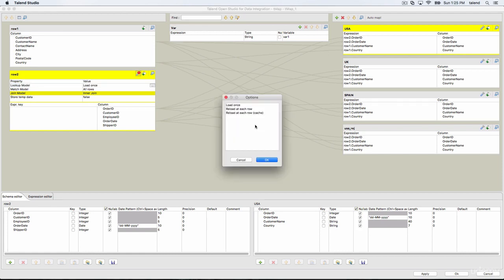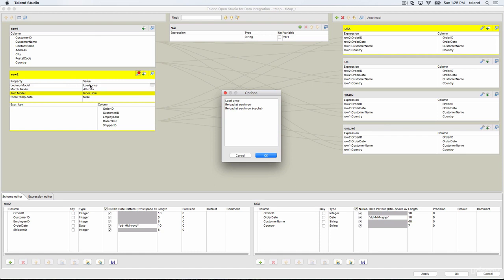There are 3 different modes to handle lookup loading: load once mode, reload at each row, and reload at each row cache. Let's see what each of these options does. Load once is the default.